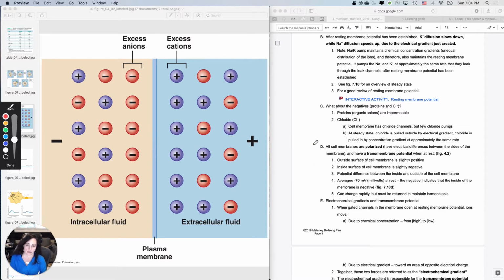Okay, so there's supposed to be a V in there. Minus 70 millivolts. Okay, we won't use that one again. Done? Okay,